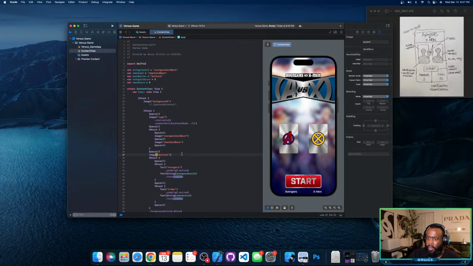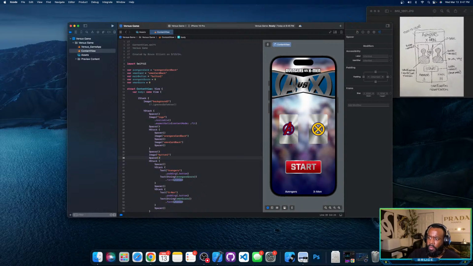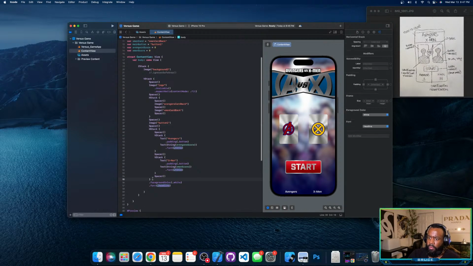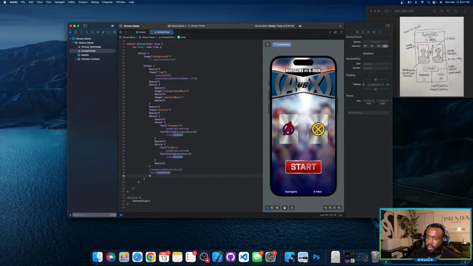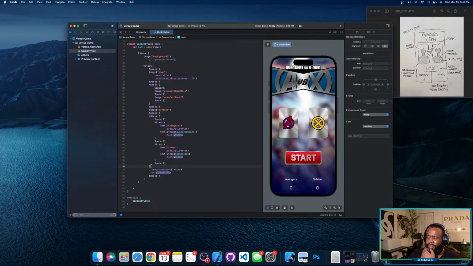After the button, another spacer. And then this H stack, which ends right here, we need a spacer. Right? H stack with the score, but I kind of want